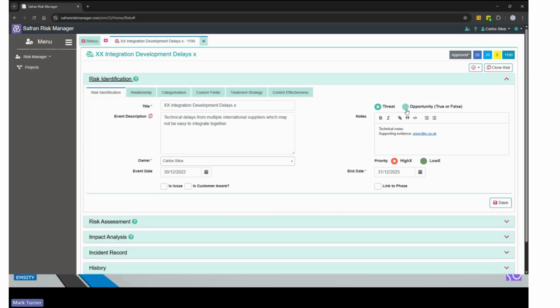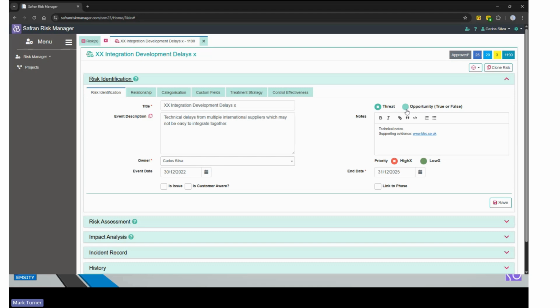Now, in the current version of Safran Risk Manager, opportunities are essentially the inverse of a threat. They've got likelihood and they've got impact. However, based on my research, we're going to be moving forward with alternative views as to what opportunities can be in the future, which includes the likelihood of occurrence and the likelihood of success, and also the impact should the opportunity occur, or if the opportunity fails, what is the opposite impact.